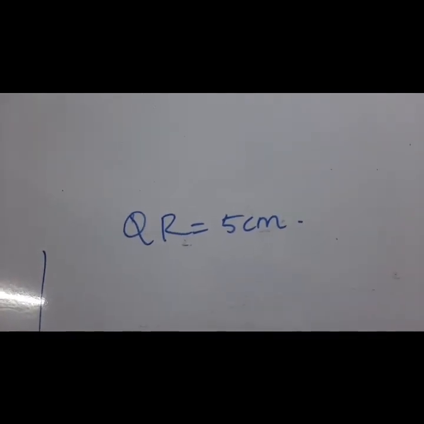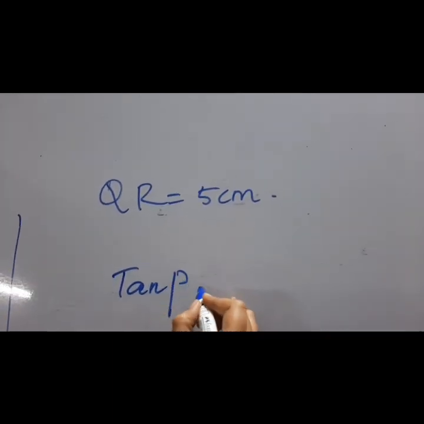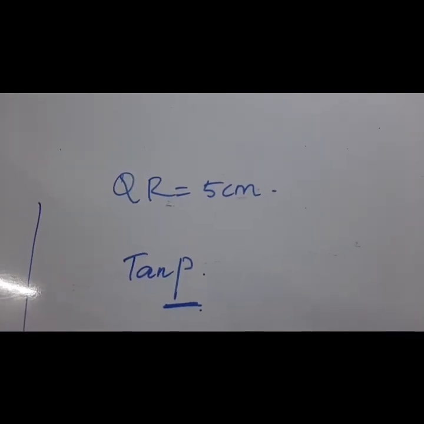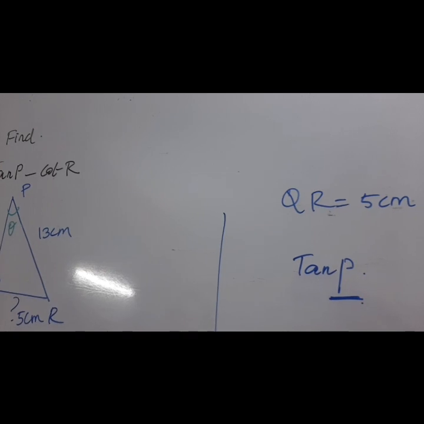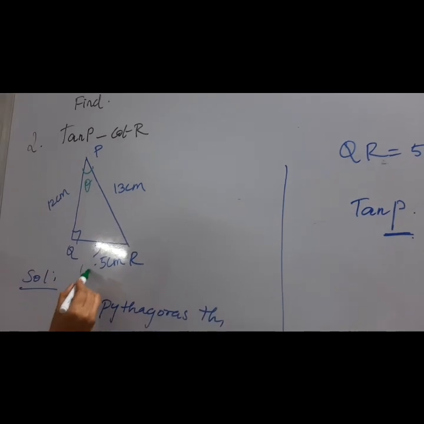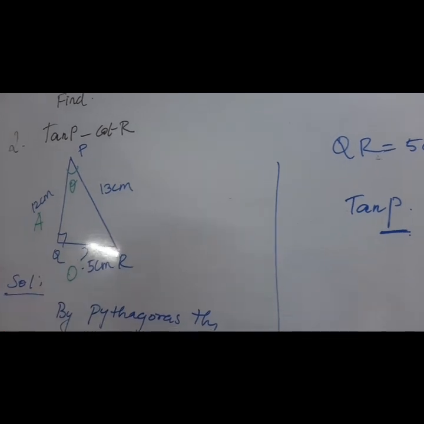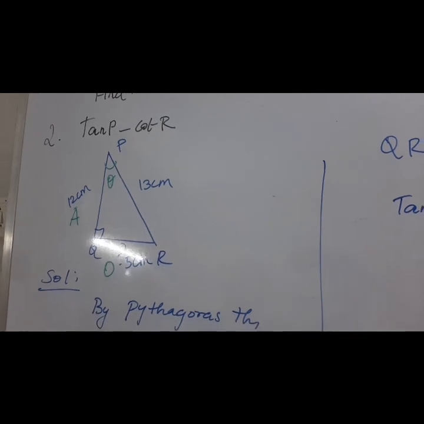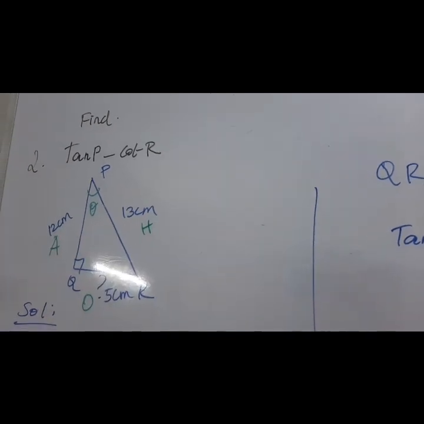Now let us calculate tan P. First they asked us to calculate tan P. So what will be the ratio? The vertex and the angle P is the ratio. So angle P is considered as theta. Now for this particular angle, which is the opposite side? QR is the opposite side, and which is the adjacent side? 12 is the adjacent side. When I am considering the angle P, the opposite side is QR and the adjacent side is PQ, and hypotenuse is the side which is opposite to 90 degree.